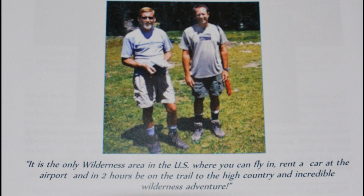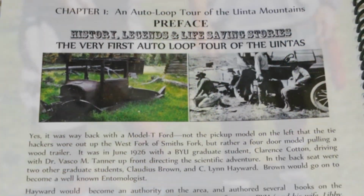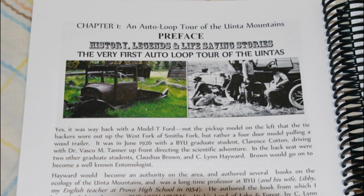So that's a statement from those two friends that I met on the trail, among the many hundreds and hundreds that I've met over the 16 years that I've dedicated to this project recently. Chapter 1 deals with all of the Uinta Mountains, and I should mention that each section in the